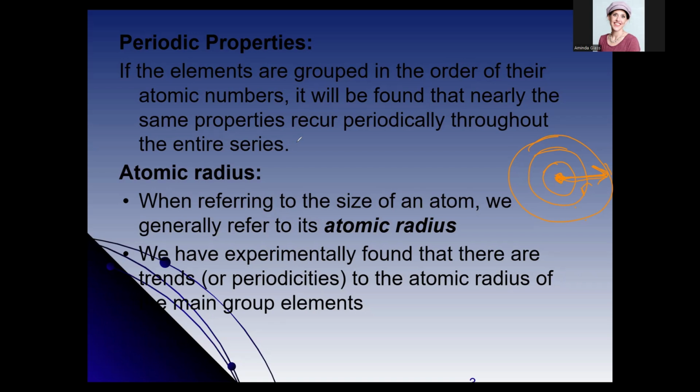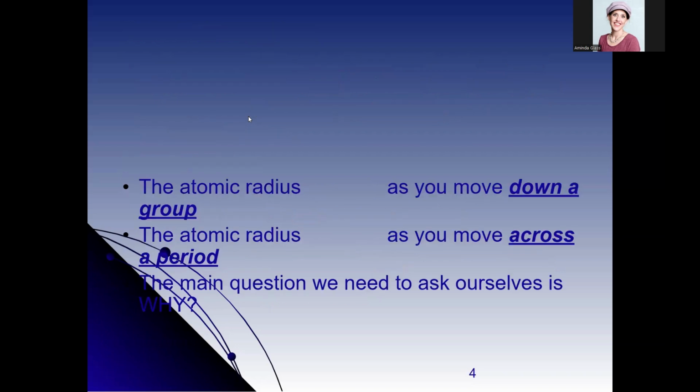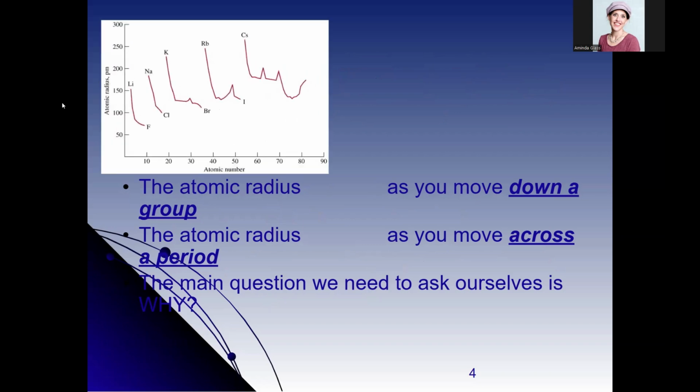We have experimentally found that there are trends or periodicities to the atomic radius of the main group elements. The main group elements do not include the lanthanide and actinide series or the transition elements. They're just groups 1, 2, 13, 14, 15, and 16, 17, and 18. Now, if we look at this,